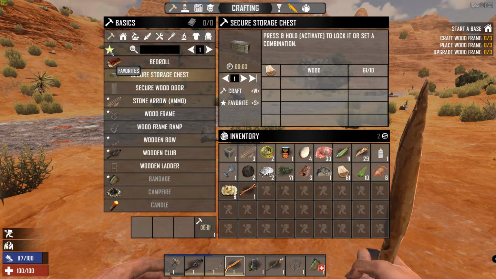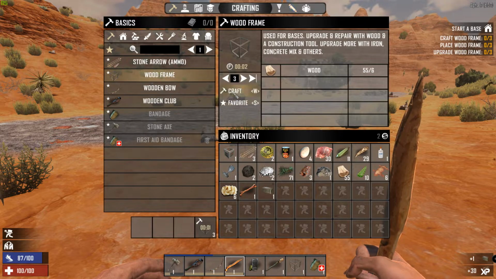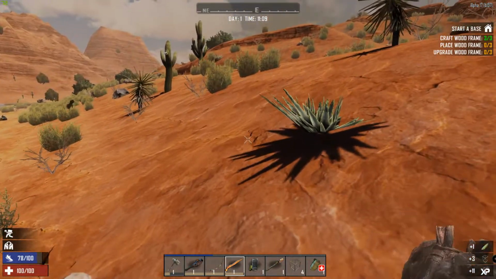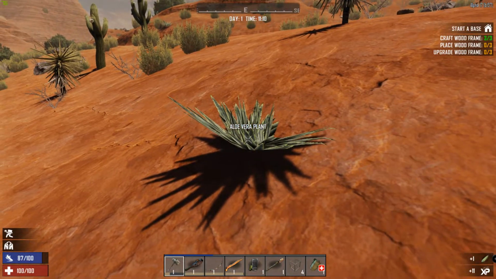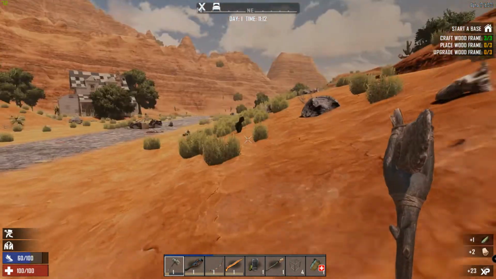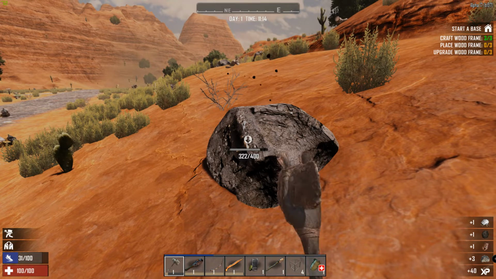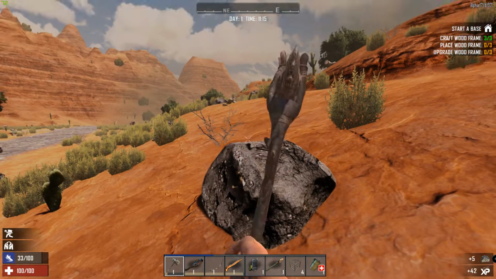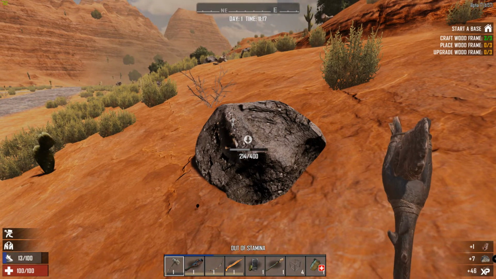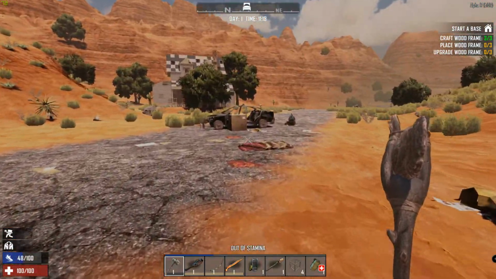I'm gonna make one of these. Okay. So wood frames, make some. I have stones, right? I have one. I'm gonna need it to fix my... I gotta be careful because I'm playing on 60-minute days. I'm running out of stamina. I'm playing on 60-minute days, so that's...